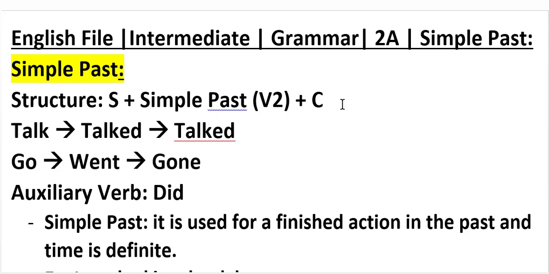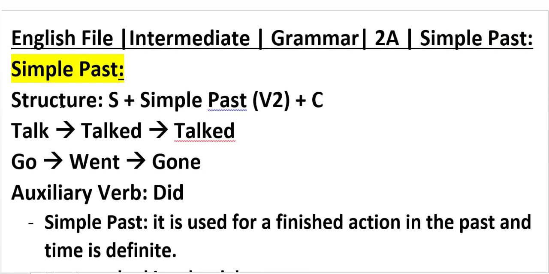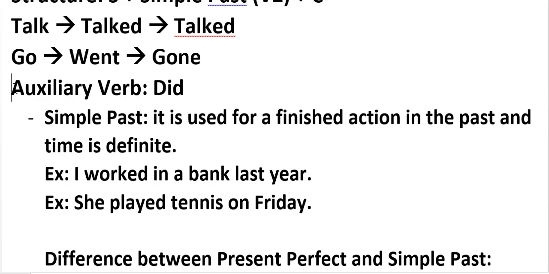Now guys, remember that this one is a regular verb. Why? Because it takes ed at the end. The verbs that take ed, ied, and just d are called regular verbs. And the verbs that take no ed, so they change the form. For example, go changes to went, and the simple past form is went, and third form, which we studied last day, is gone. Okay, so this is the structure for simple past, and this is